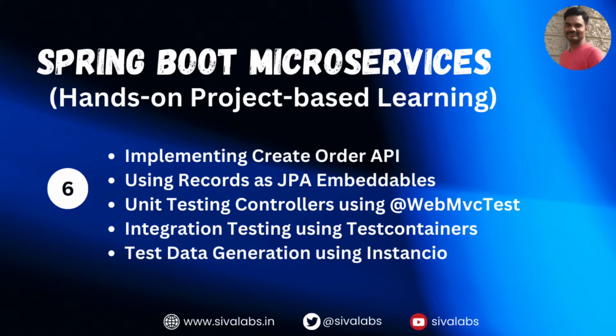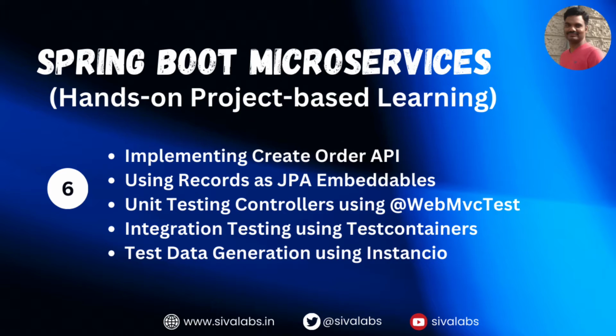We have our order service created with the base skeleton code ready, and we have also configured RabbitMQ, and then we have already verified how to send a message and then receive a message. So we are ready to implement our next API endpoint, the create order API. In this video, we are going to implement that create order API, and also as part of this, we are